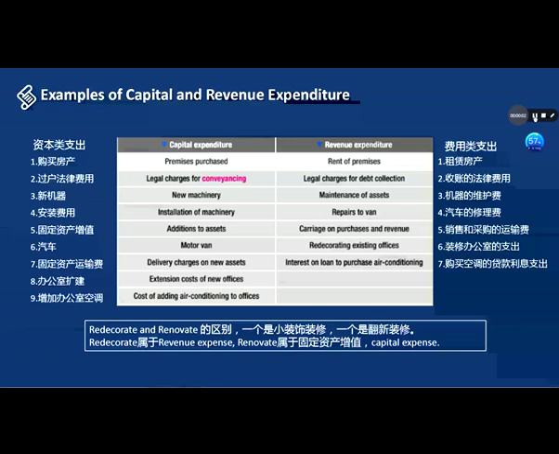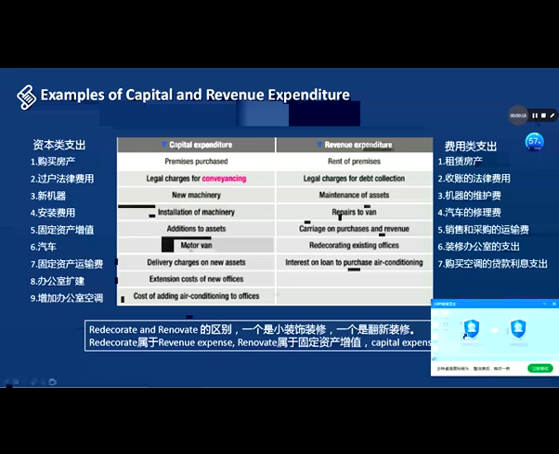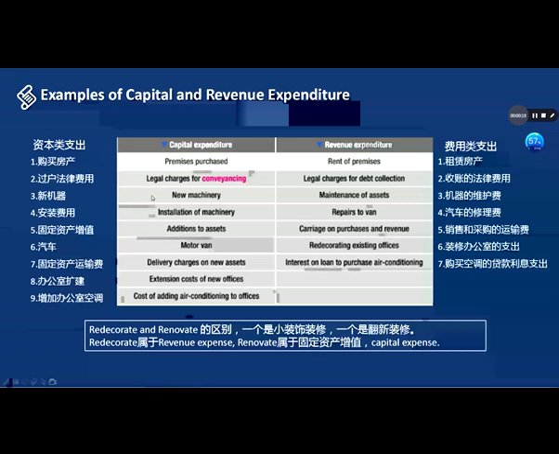From the above discussion, we now have some concepts about revenue expenditures and capital expenditures. Now let's have a look at some examples of capital expenditure and revenue expenditure. We can see this table. The left column is called capital expenditure, and the right column is revenue expenditure. For example, we buy a premises. It's capital expenditure because we